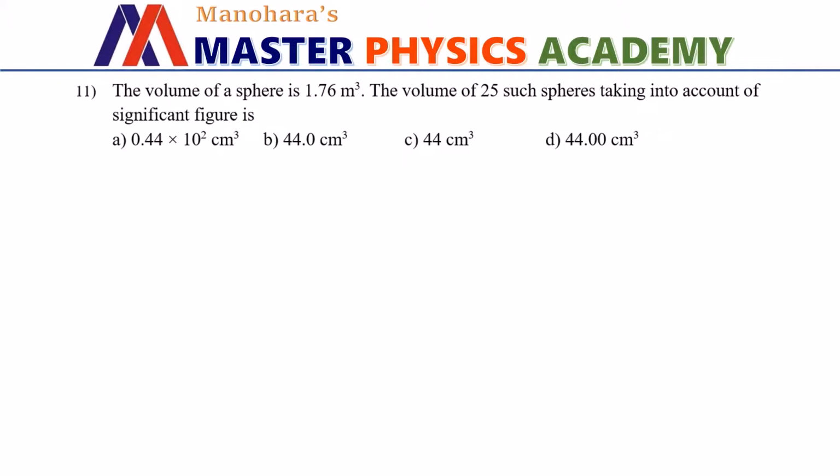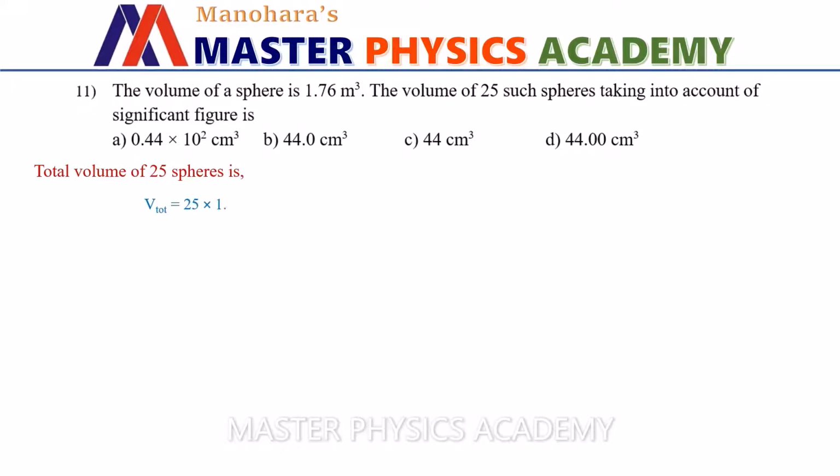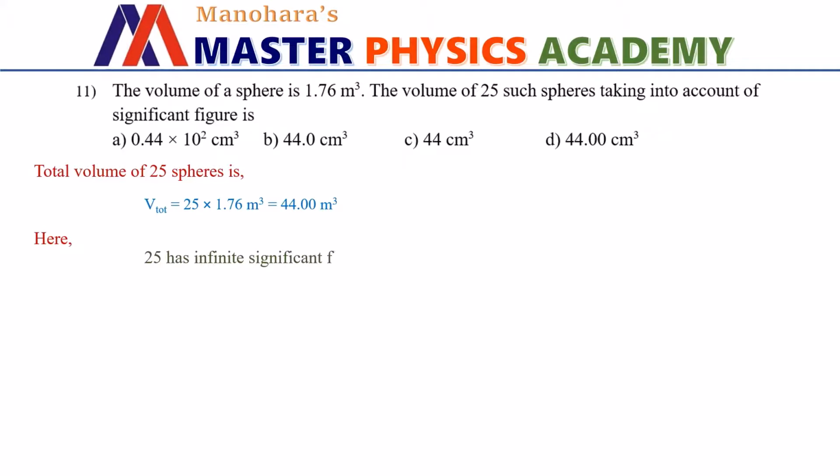The volume of a sphere is 1.76 meter cube. The volume of 25 such spheres, taking into account significant figures, is: the total volume of 25 spheres is given by 25 into 1.76 meter cube, which is equal to 44.00 meter cube. Now, the number 25 has infinite significant figures since this number is a constant, and the number